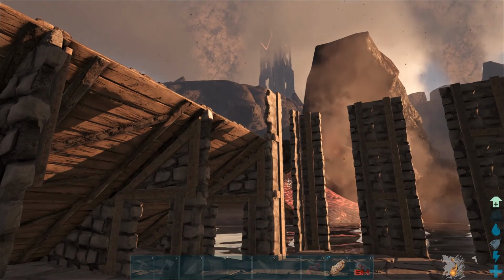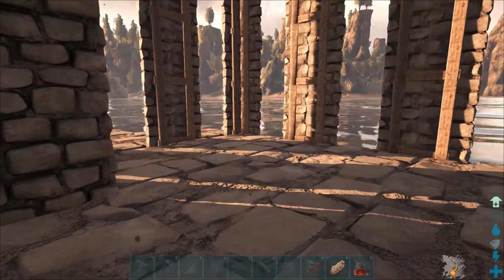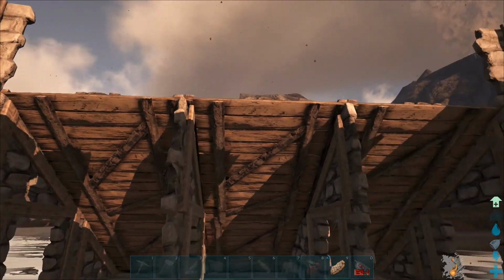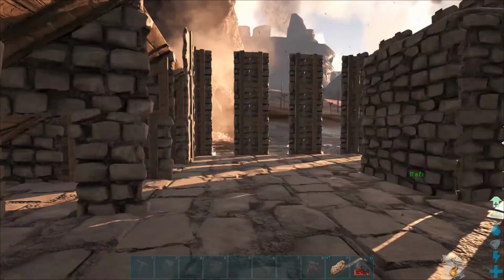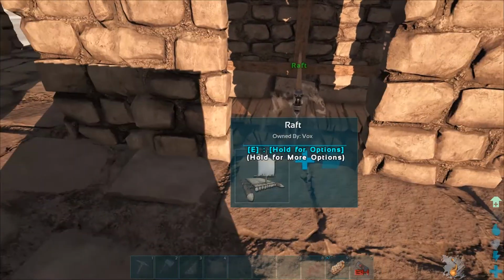So it's pretty basic. The main trap is 5 by 3, mainly just to make it really easy to get them in there. The middle 3 on this side is sloped ceilings with ramps on the other side. And so what you do is, if you've never done this before,